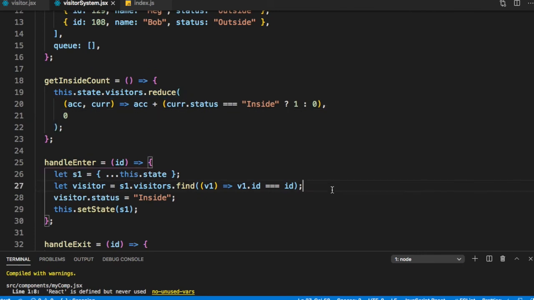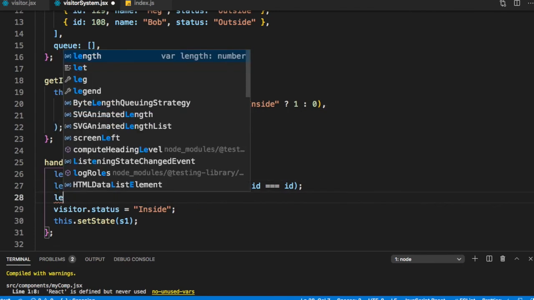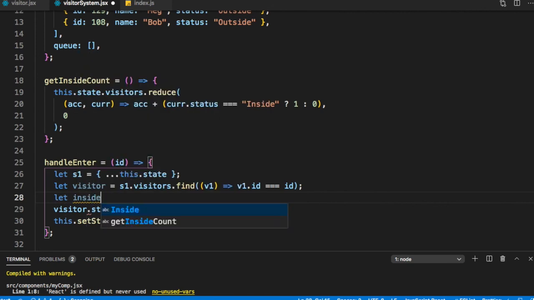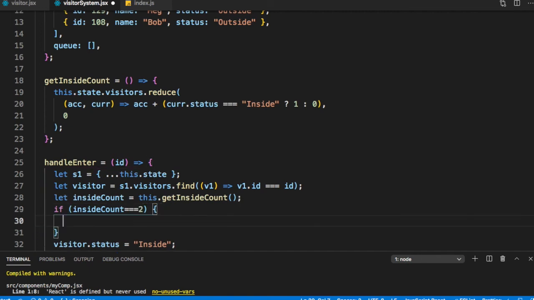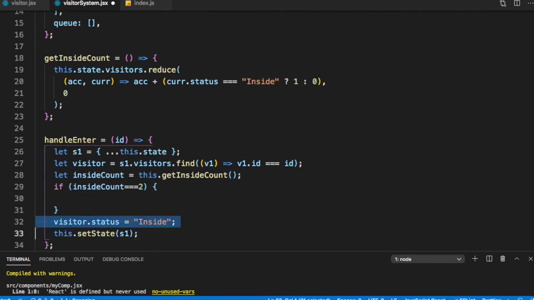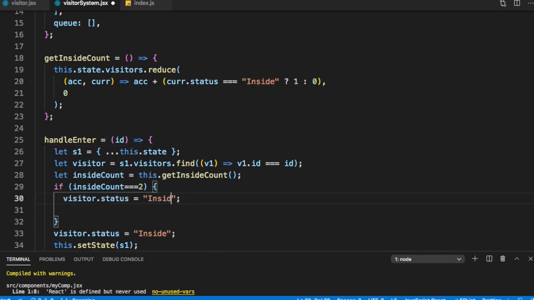So let's use it. In our handleEnter, let's get let insideCount is equal to this.getInsideCount. So we have gotten the inside count. We can say if insideCount is equal to 2, then what do we need to do? We need to put the visitor.status as waiting. And what's the other thing we need to do?